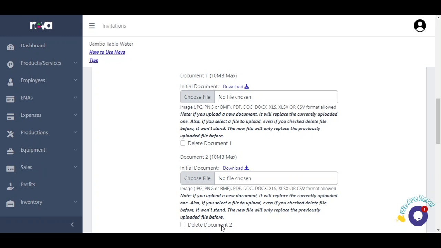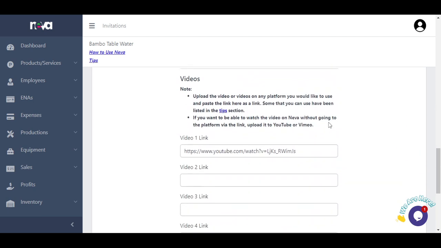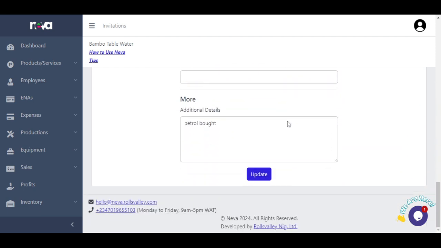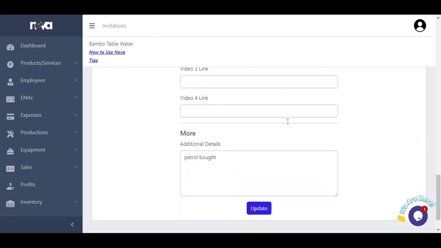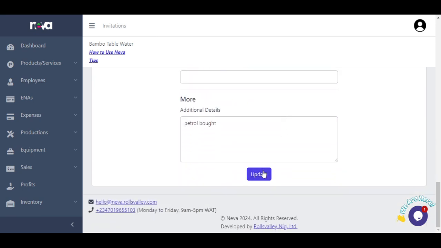So in this case, let me just check this to delete, and let's put a random picture. Let's change the picture first. Let's get another image. So let's use this to replace the existing one there. And you can also replace the video links if you want within the period that you can still edit. So when we click update,